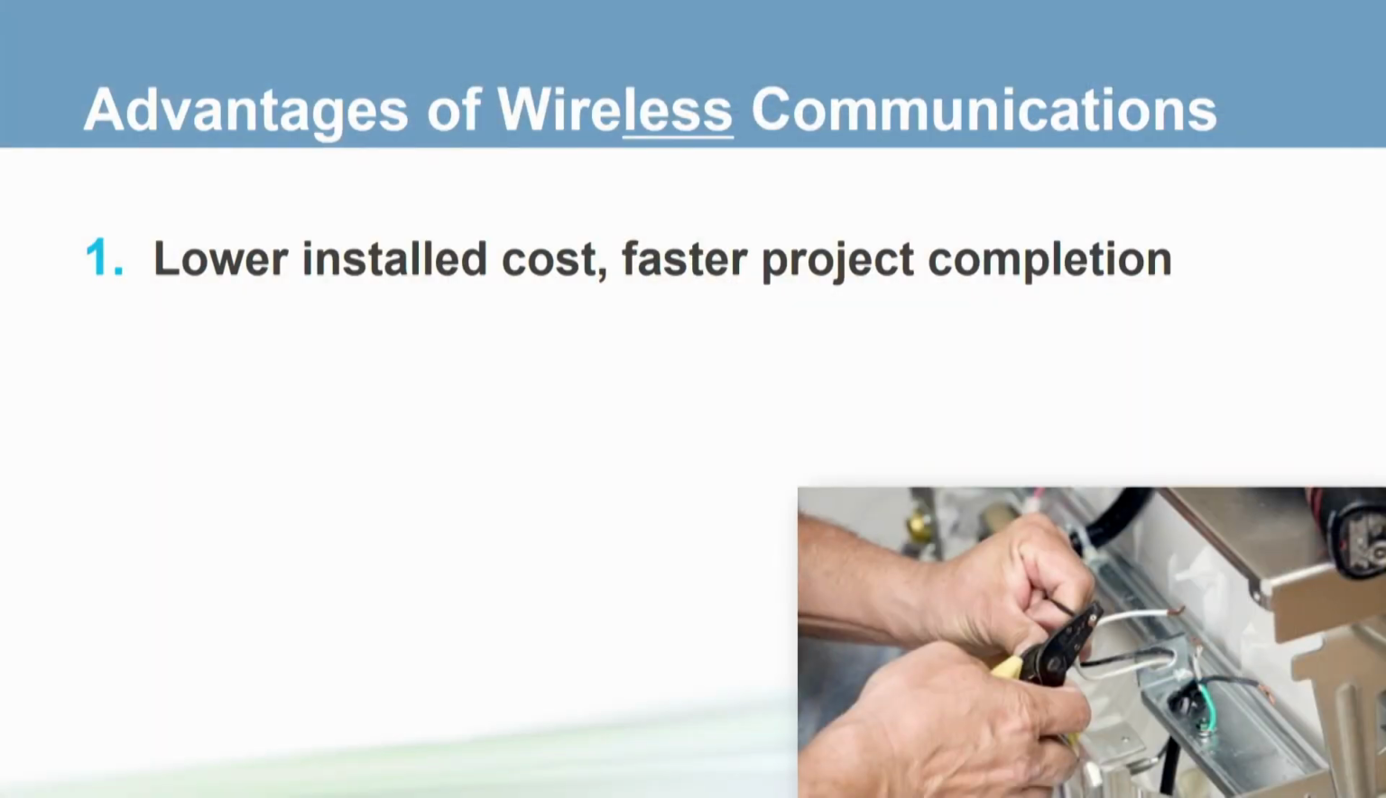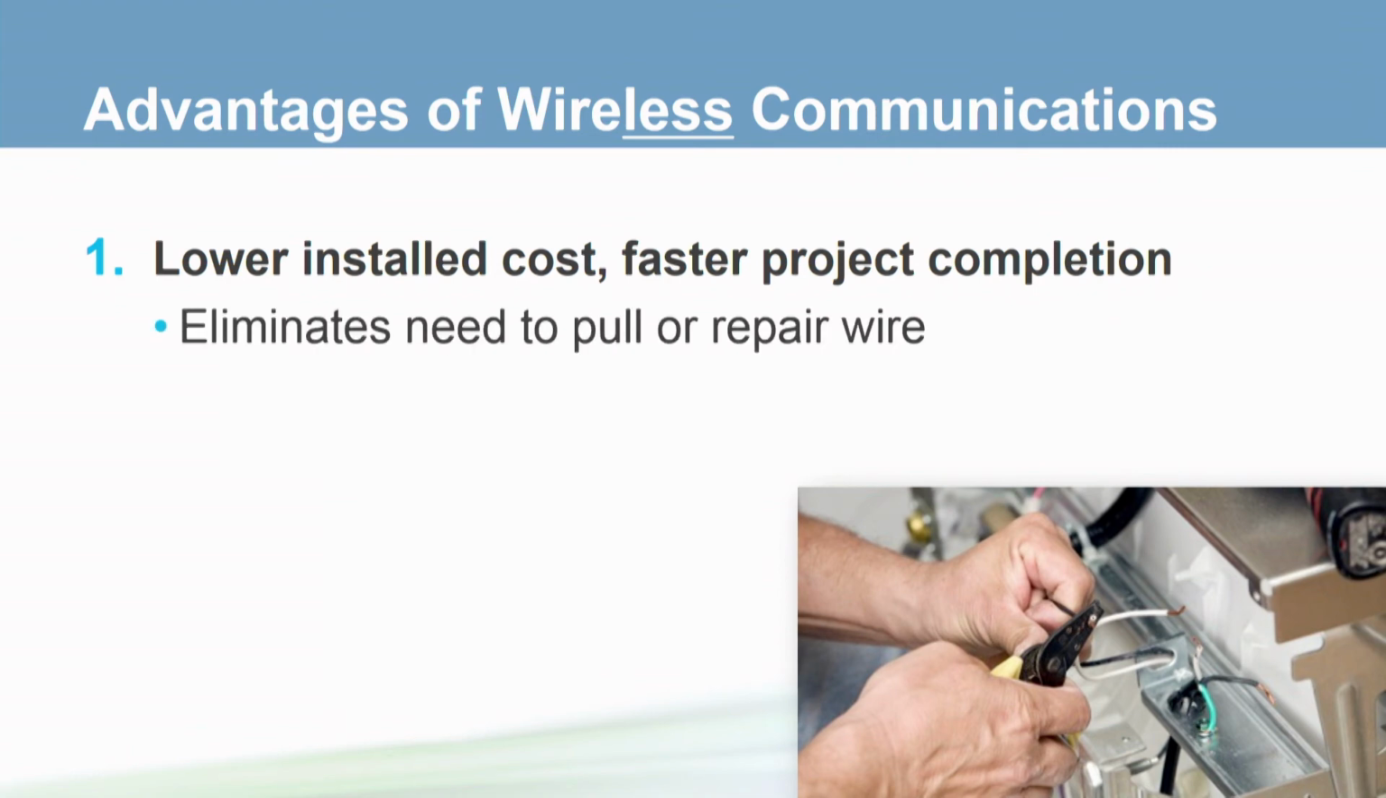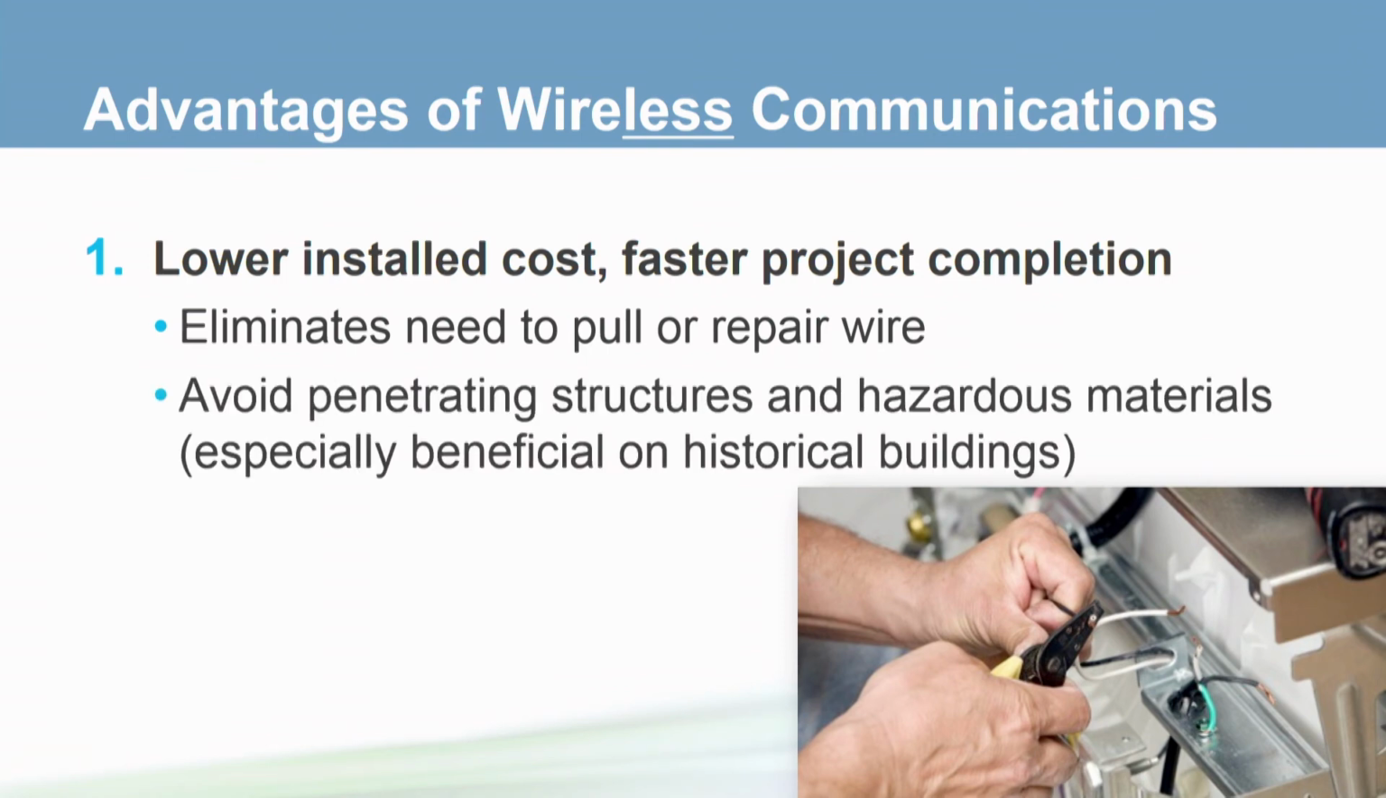First is lower installation cost and faster project completion. Wireless communications reduces the time needed to pull and sometimes repair wire. This is especially true in buildings where there may be surprises inside the walls or where there may be hazardous materials that need to be abated. While the benefit of wireless may be greater in existing buildings, we see it on virtually all building projects, including